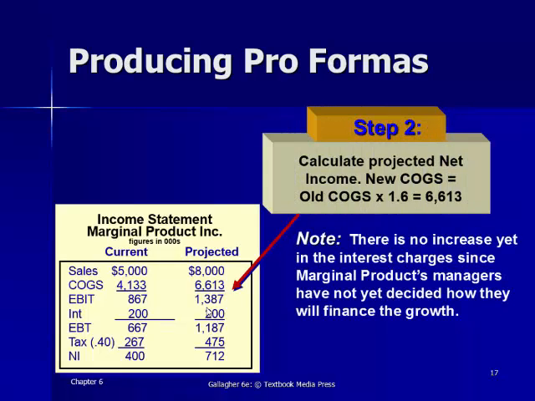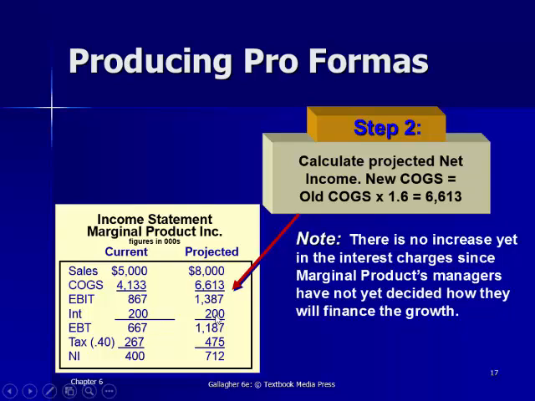If the sales are going to increase by 60%, it might be reasonable to assume that the cost of goods sold will also increase by 60%. So we multiply the current cost of goods sold by 1.6 to grow it by 60%, and it goes up to 6,613,000. You subtract that from the 8 million, you get